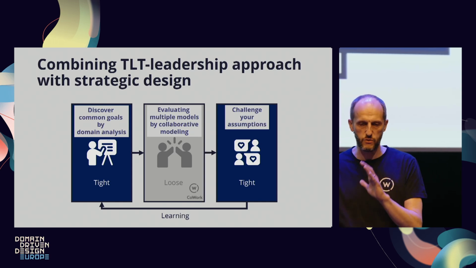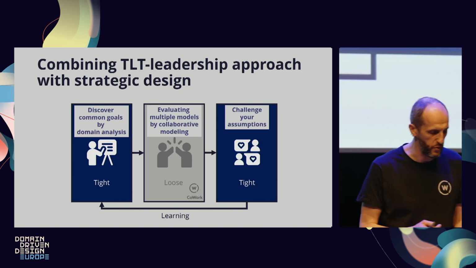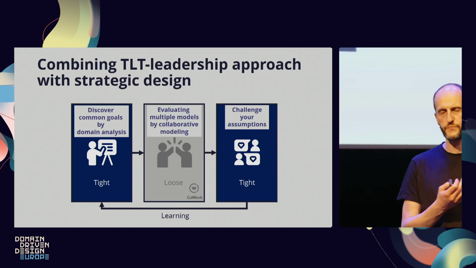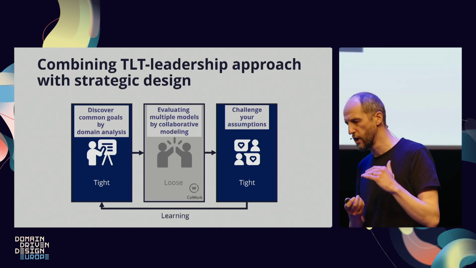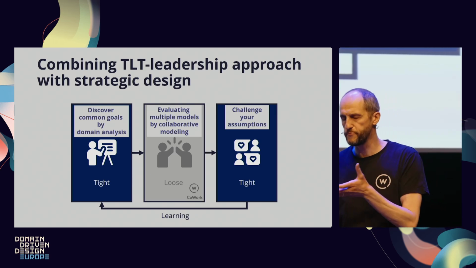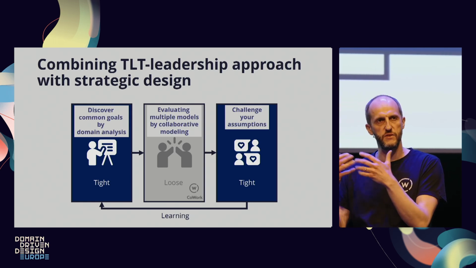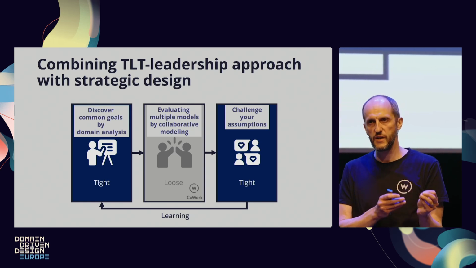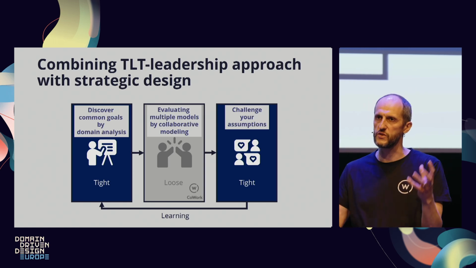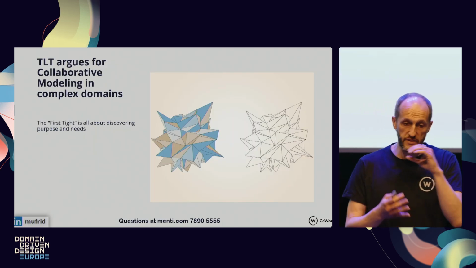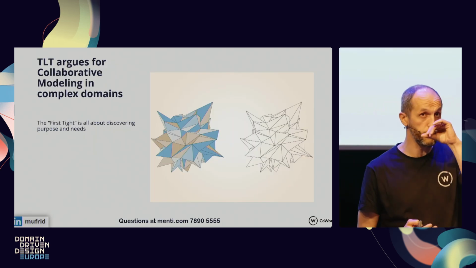So this was the Title State. What we actually used it for is as a way to communicate with our managers, management and leaders, to get their understanding that collaborative modeling and domain analysis are important ingredients to understand and to provide a good solution for this problem. So this Title State argues for collaborative modeling.